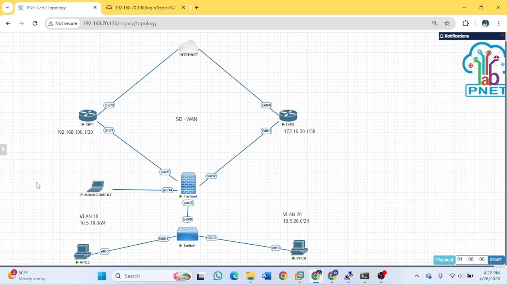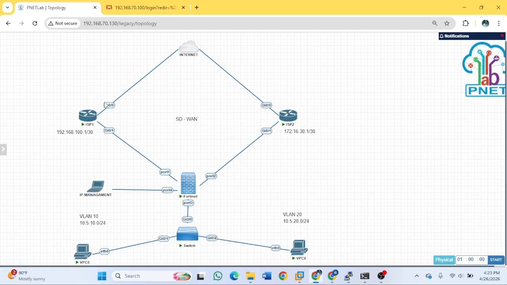After that we have this IP management, with an MLS switch here and two end devices or user clients.